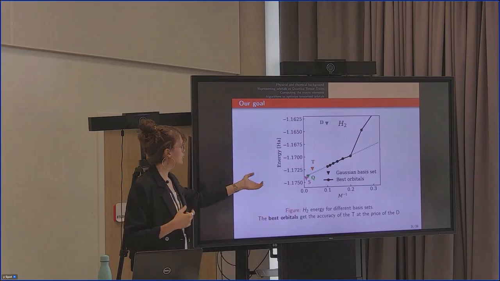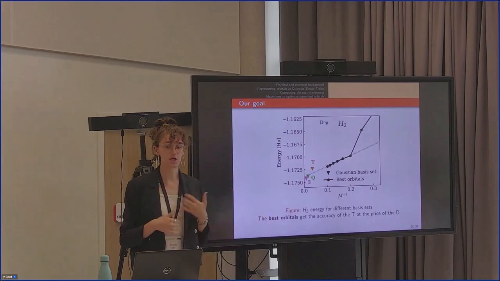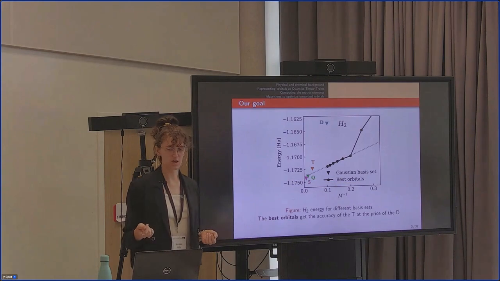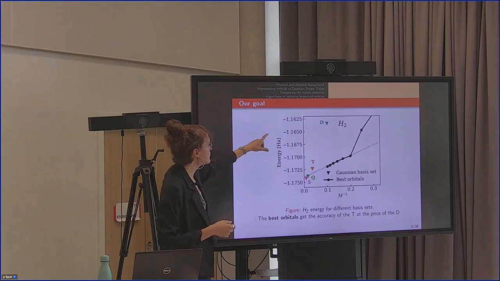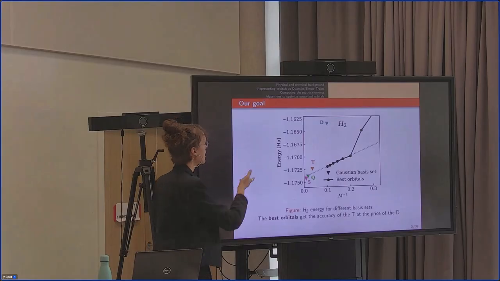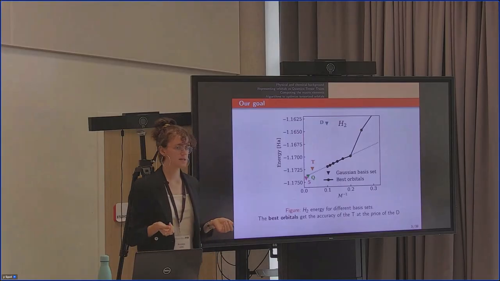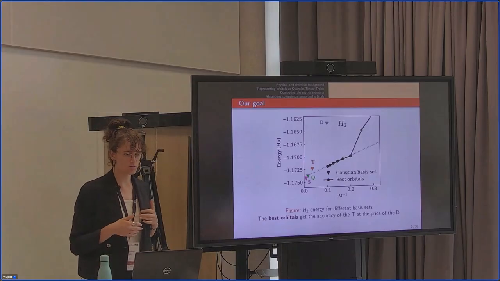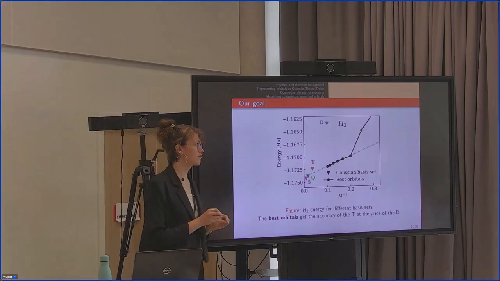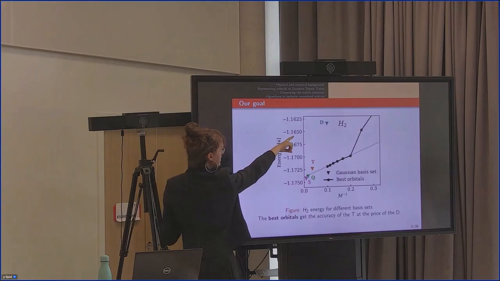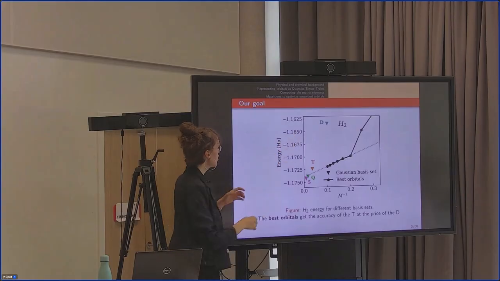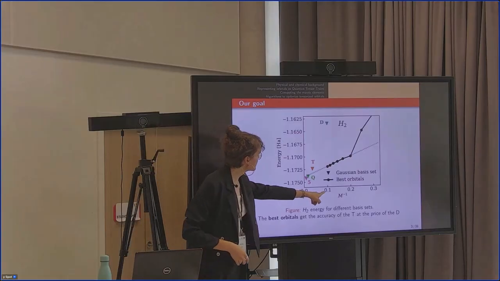The triangles I'm showing are the current standard method of chemistry resolution of this problem. And you have different kinds of basis sets that are labeled by letters to describe how complex they are. The D means that you take 2 Gaussians for every orbital. It's double zeta, etc. But basically, if you look at the blue one, you see that you get an accuracy that is quite bad compared to the others for a cost that is you have 10 orbitals.